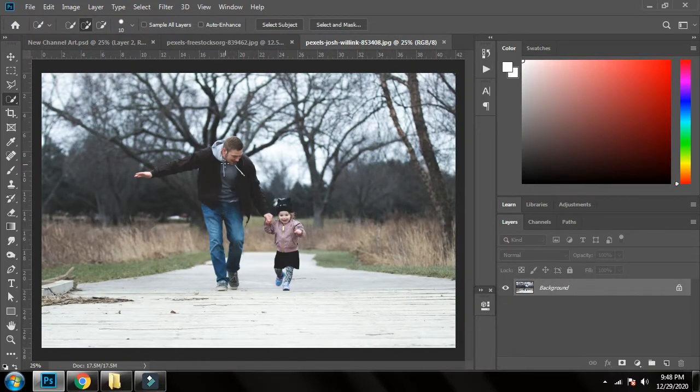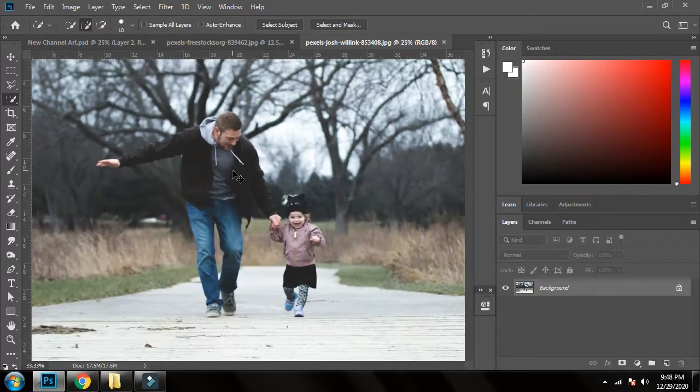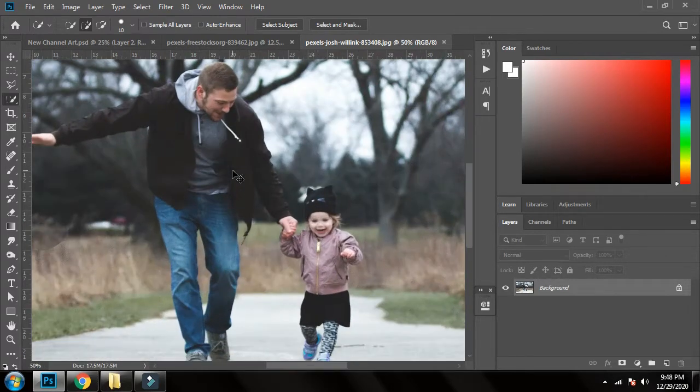I want to change the background weather of this image to something snowy, something which will look like snow. For that, first of all, I have to take my characters out of it. So I will make a selection.